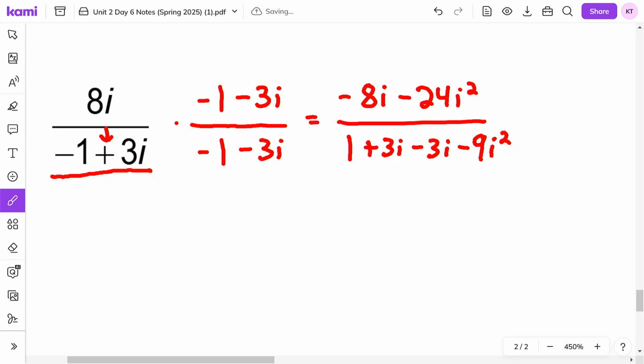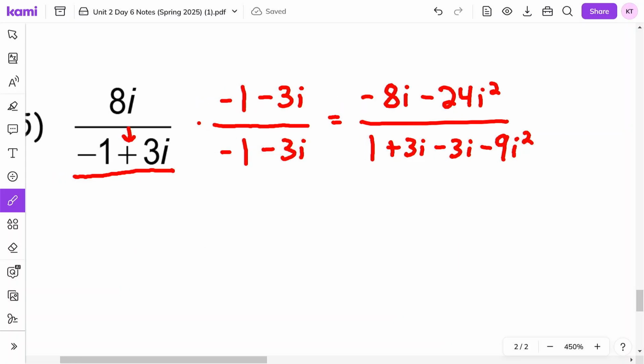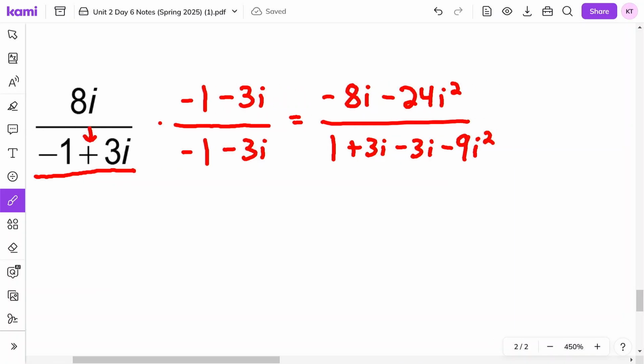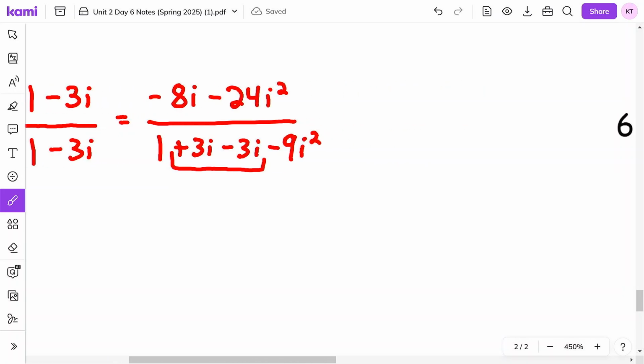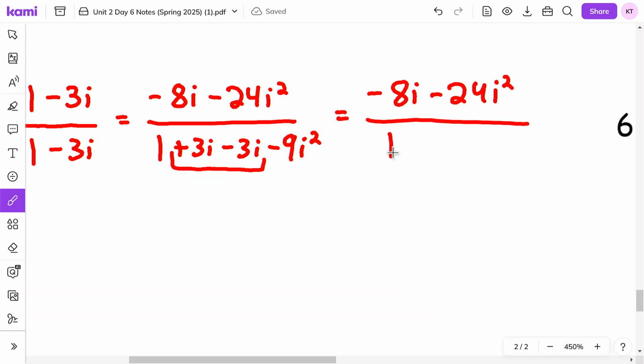And so if we are observant here, we can notice that negative 1 plus 3i and negative 1 minus 3i will give us a difference of squares. And that, as we see when we go ahead and multiply out, would end up canceling out these two terms here, the plus 3i and the minus 3i. So in short, this is actually just going to be equal to negative 8i minus 24i squared divided by 1